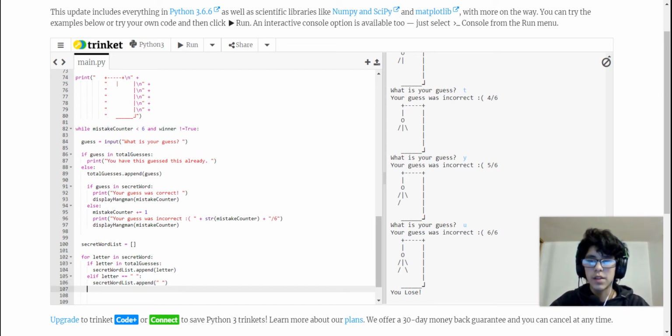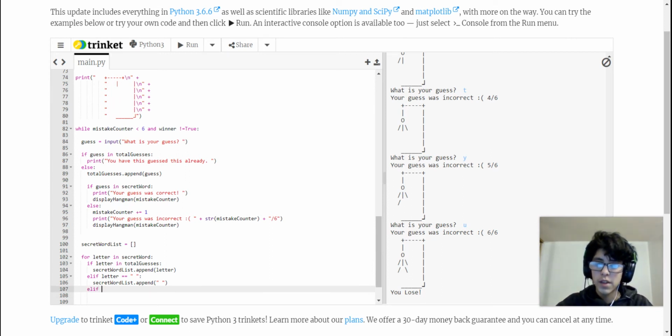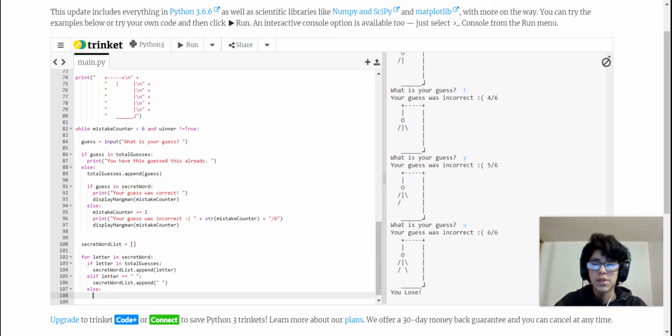It might actually not be a space, and it also might not be in the total guesses. So if it's neither of those, then you go to this else, or not else, I think elif is better. Elif letter, maybe it is an else, I forget. If the letter is equal to space, if letter is in total guesses, yeah, let's just make it an else. So else, if it's neither of those, then just append